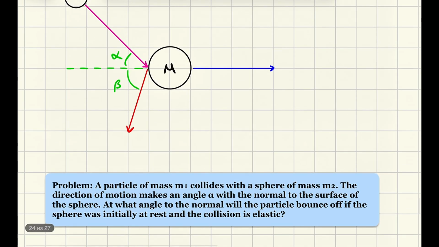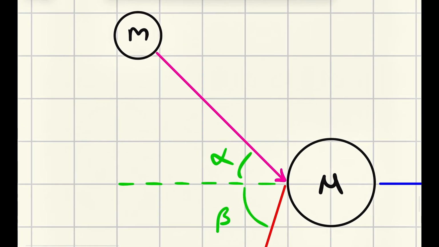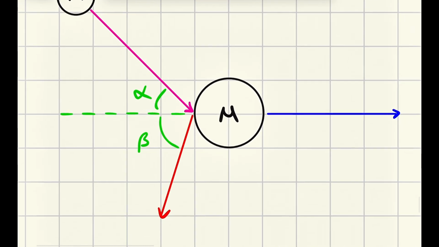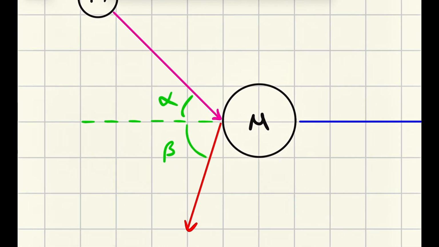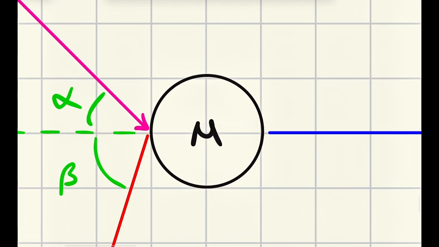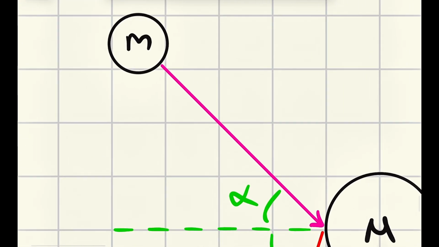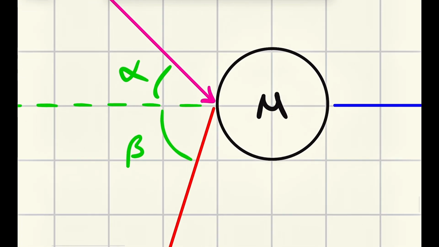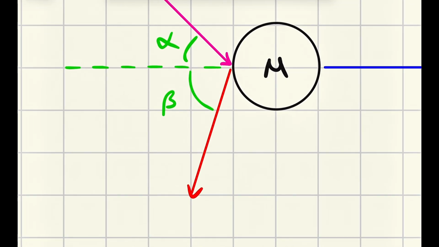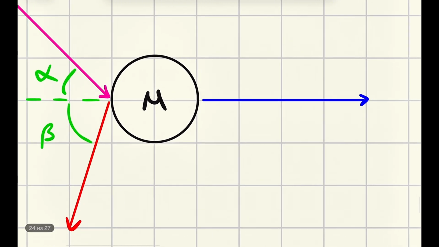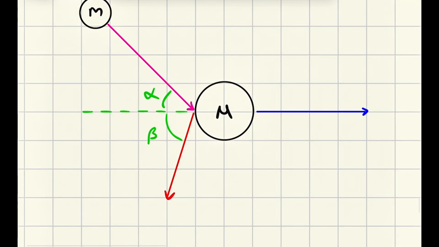is elastic? Instead of m1 and m2, I chose different letters: small m for the small sphere and large M for the larger sphere, which just means their masses are different. So basically, in the beginning the large sphere is at rest, and the small sphere approaches it, hits off its normal and then bounces off at a different angle. And this large mass definitely has to move, and